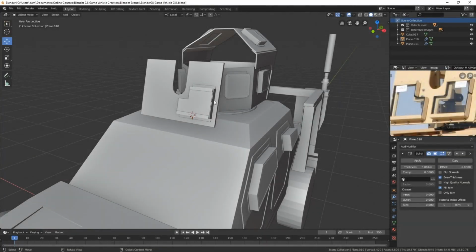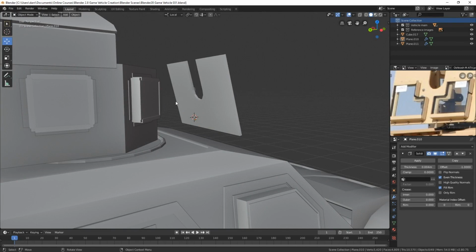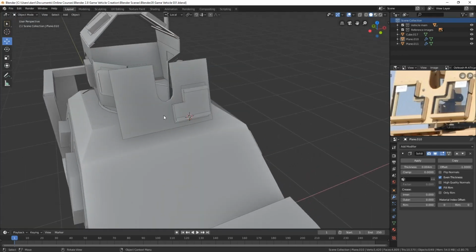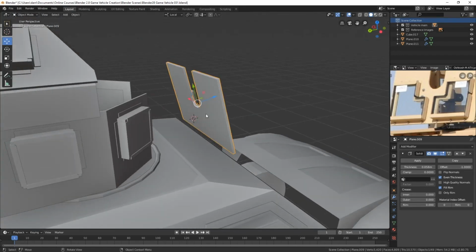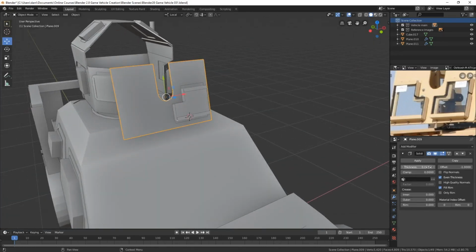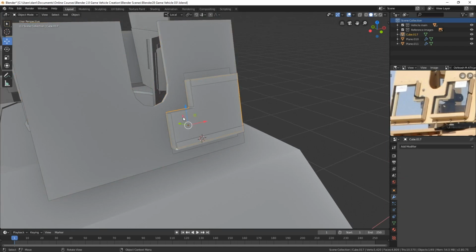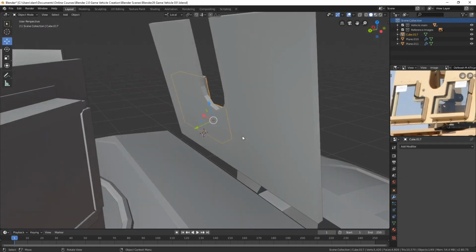Now we need to do a similar thing that we did with these, is use the Boolean modifier to cut the hole. And also I think we're going to need to chop this in half and mirror it over again because we don't have a mirror modifier on it. So let's select this one, this glass block, and let's just tab into edit mode, go to face mode and